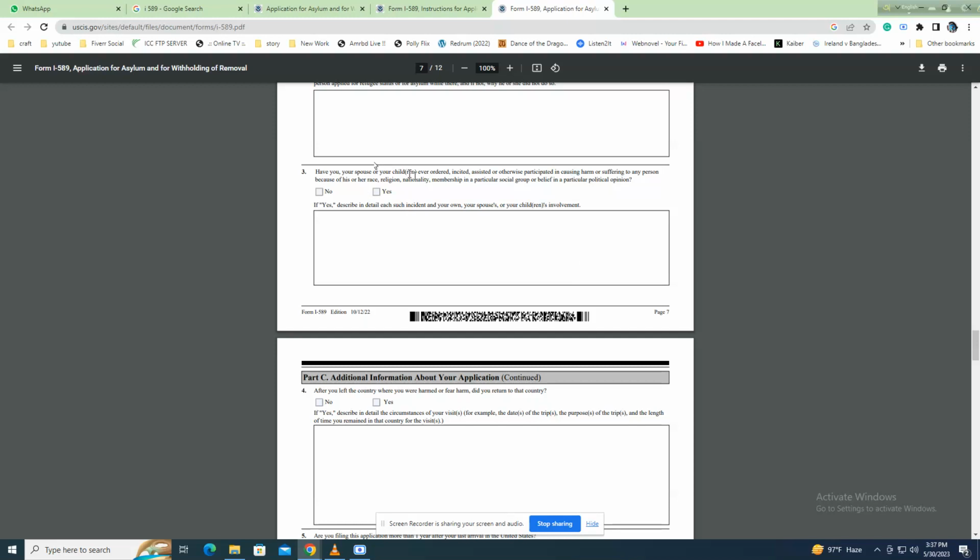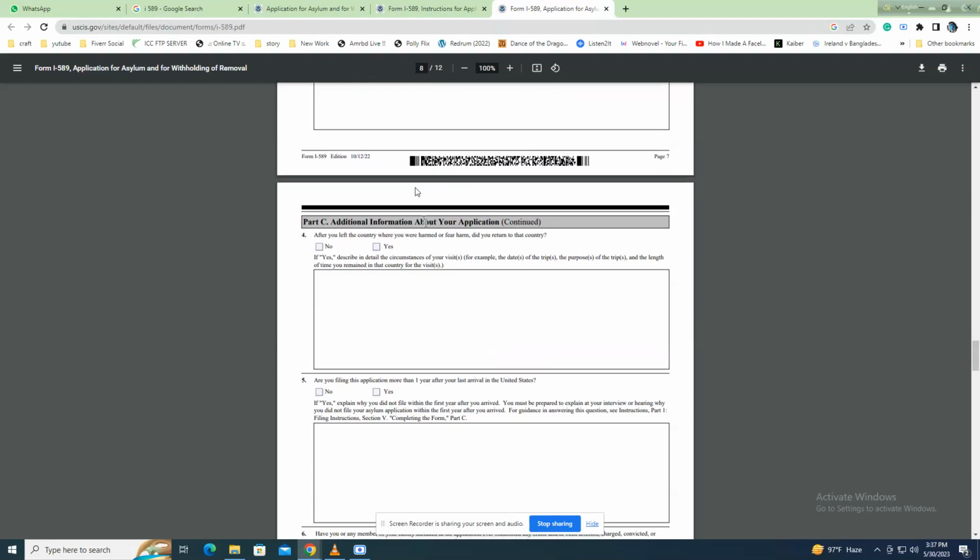So, the fourth question is: if you have ever traveled outside of your home country and then returned, select yes here and describe your trips, including the dates, reasons for leaving, and duration of your stay. USCIS may reject your asylum claim if they discover you could have filed it in another country earlier but chose not to. Justify your return to your home country, including any changes in your situation or special circumstances, such as,